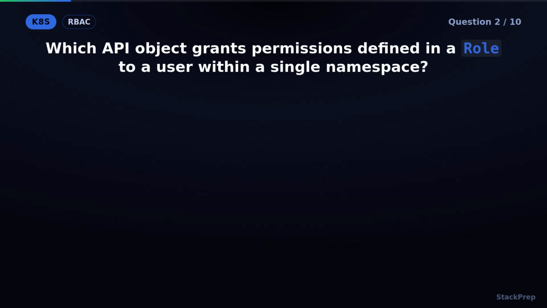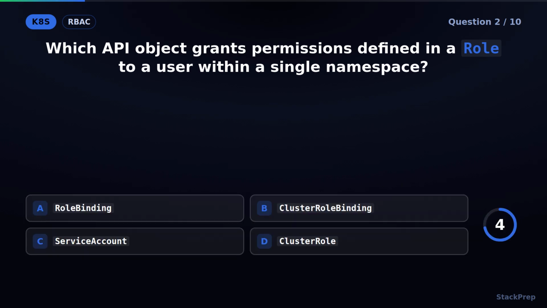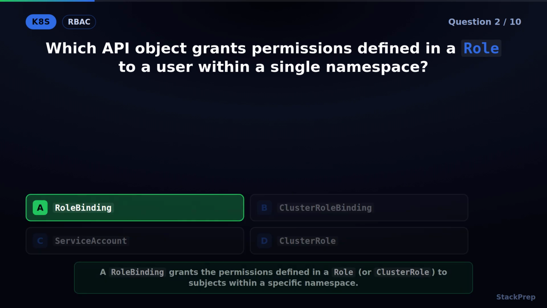Which API object grants permissions defined in a role to a user within a single namespace? The answer: role binding. A role binding grants the permissions defined in a role, or cluster role, to subjects within